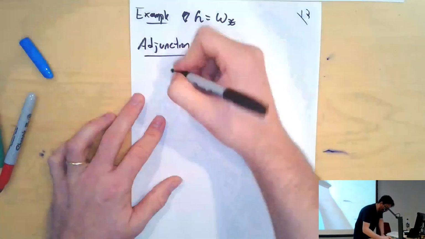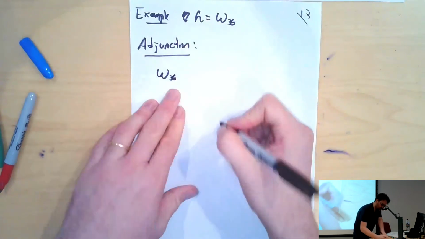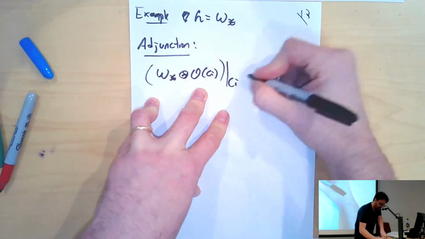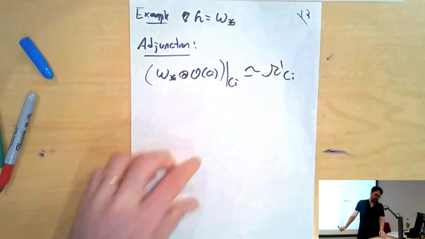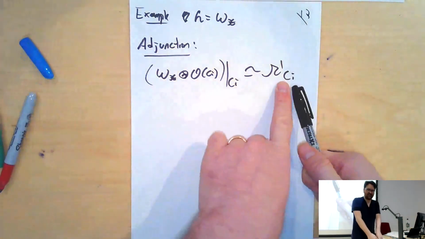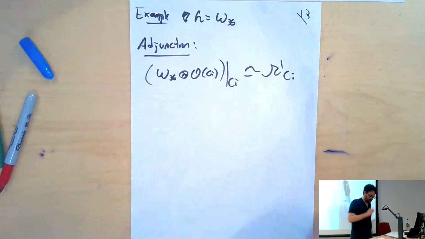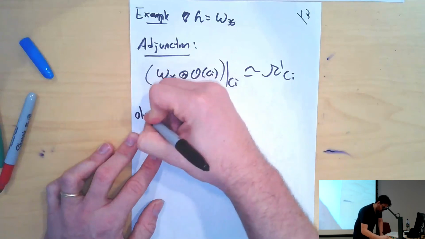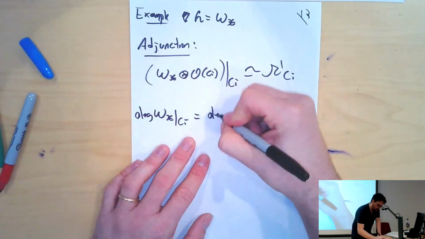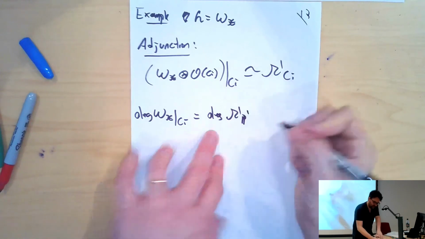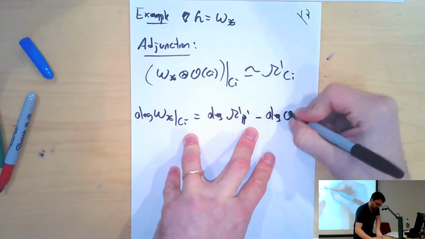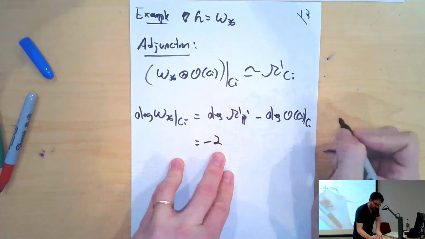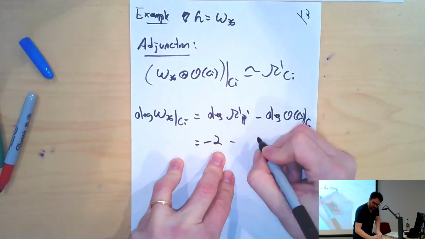Adjunction gives us a formula: omega X tensored with O of Ci restricted to Ci is omega of Ci. And in this case, the Ci is a P1, so this part has degree minus 2. So in particular, the degree of this is minus 2, minus the degree, which is minus 2, or no, plus now,